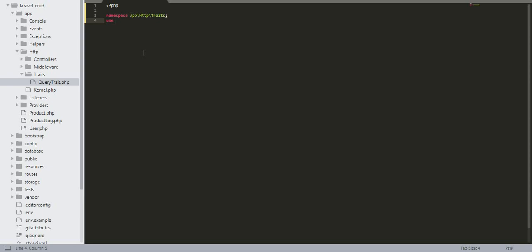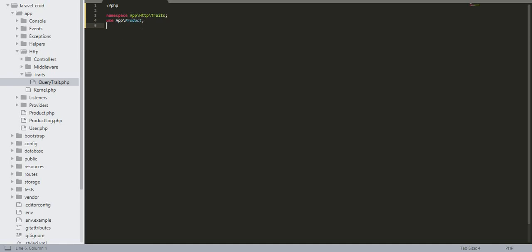Because we are going to make one common query to fetch products, and we can use that product fetching in different places instead of writing the same query again and again. That's why we have created the file and folders. Now use the Product model, as you can see we already have a Products model.